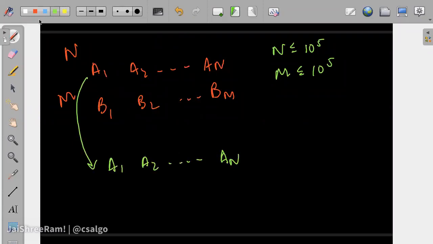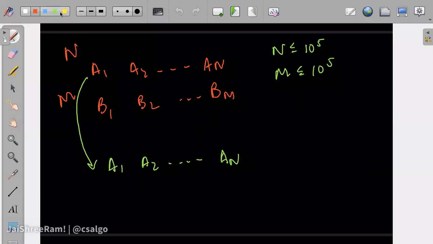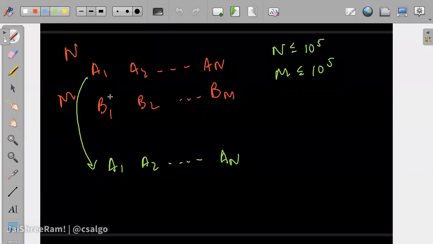Now, for each of the budgets, if you do a linear scan like we were doing initially, what would the time complexity be if you're doing a linear scan for all of the budgets given? N into M, right? Because it's order n for each of the budgets, and you might be able to take all the numbers, so it will take order n. So if you do it in the brute way, by which I mean the previous logic that we discussed, it is n log n plus n into m. So n into m would be the complexity in the brute way. Now we want to optimize on this.